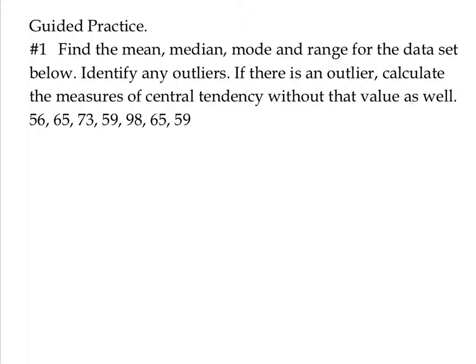So we've got a set of data here listed. We want to find the mean, median, and mode and range for the data set. Then we're going to identify any outliers. So the first thing we're going to do, find the mean, median, mode, and range for the data set. Then we'll talk about the outliers part. So here's our data. Okay, and the first thing we should do is write these in order from least to